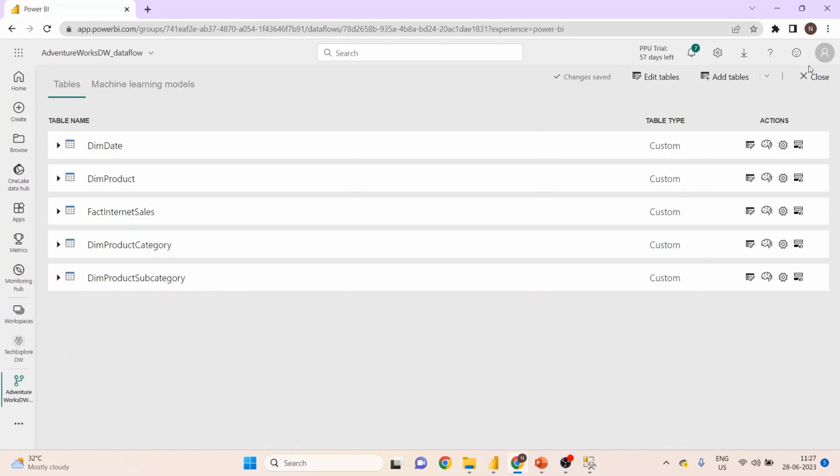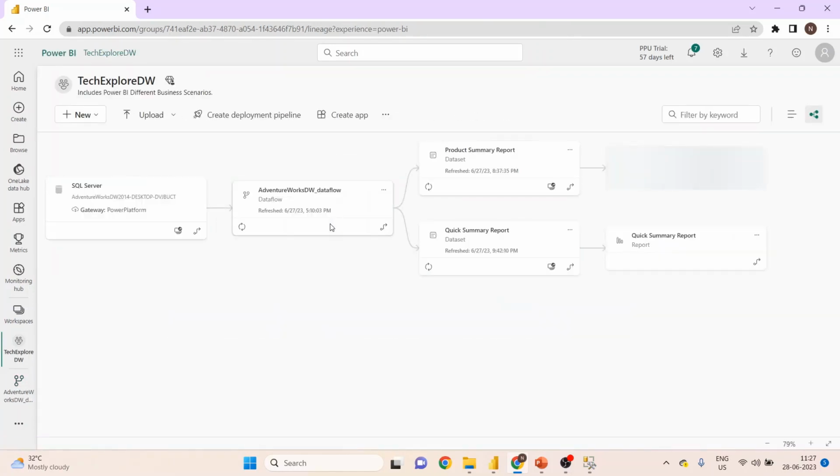So how to do that? Let's click on close, and you can click on here as well. This is also one option, or we can go to workspace, and there also we have an ad hoc refresh button, which I already showcased in my previous session. So from here also we can hit and refresh it, or we can go to workspace,